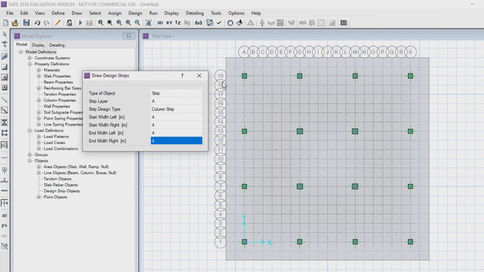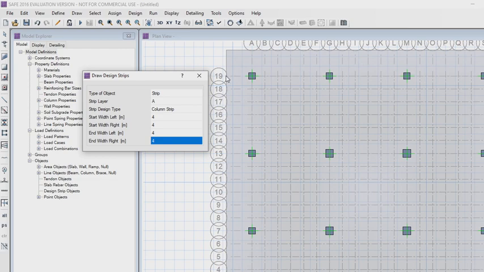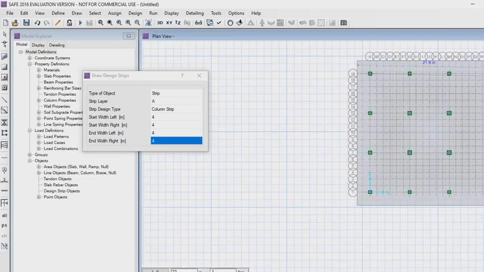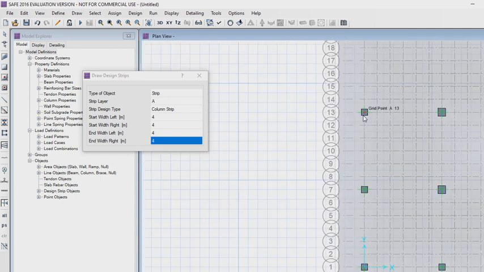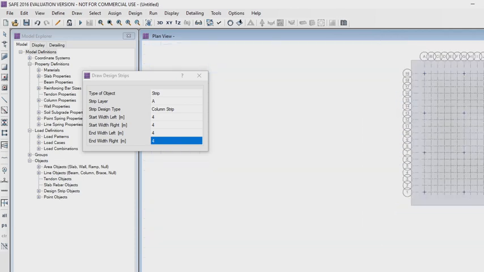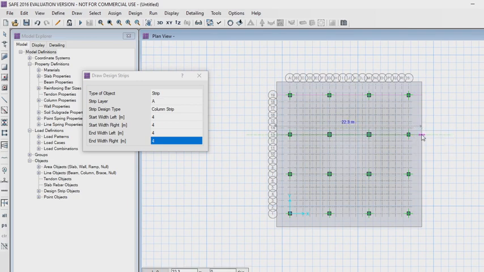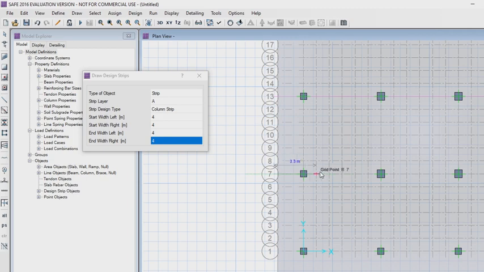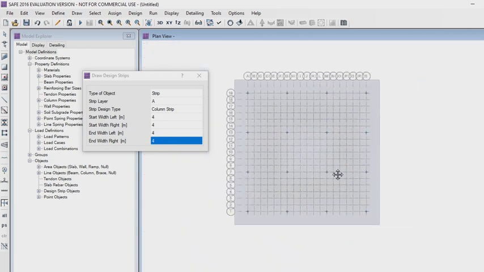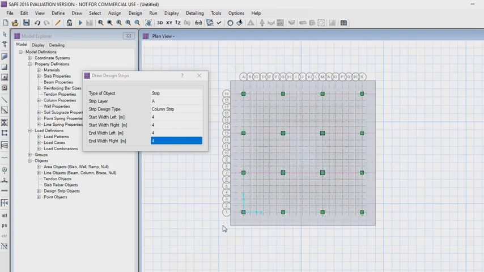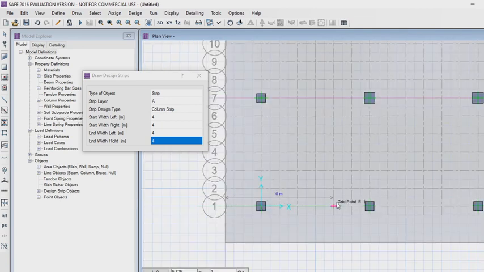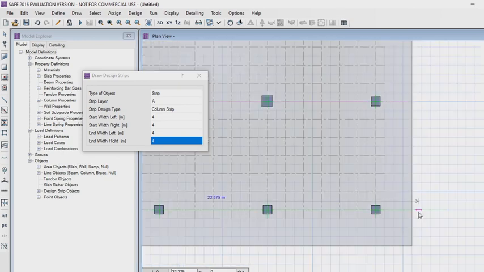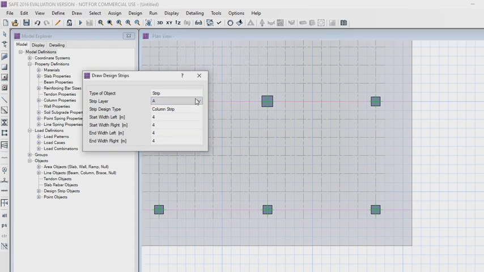Draw the strip layer A in each direction. Now change the strip layer to B and draw the strip layer B in Y direction.